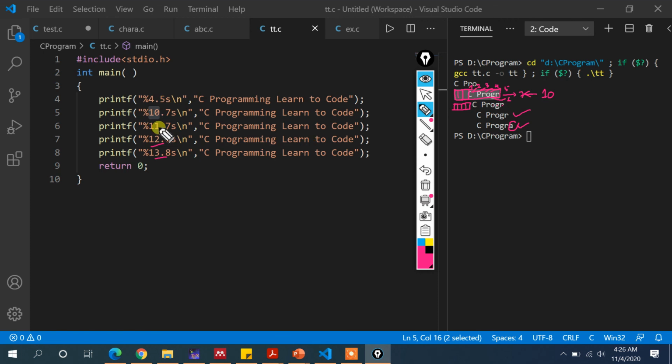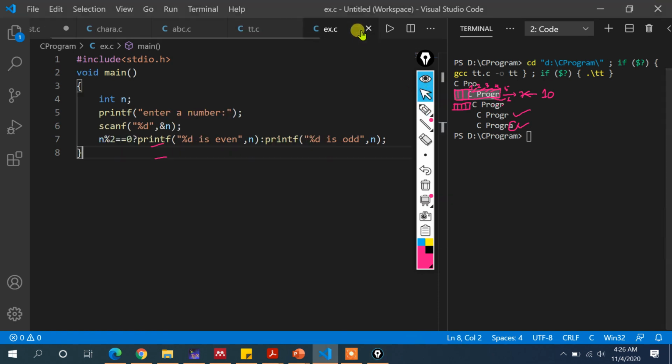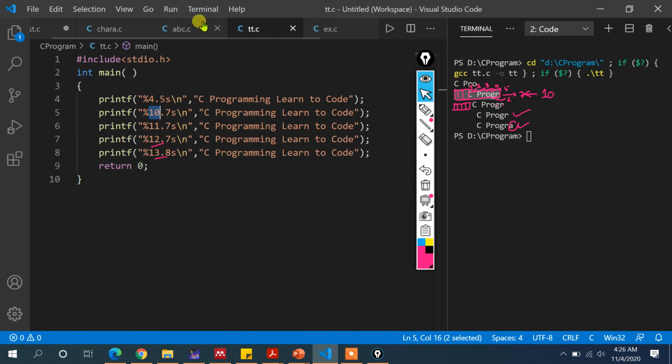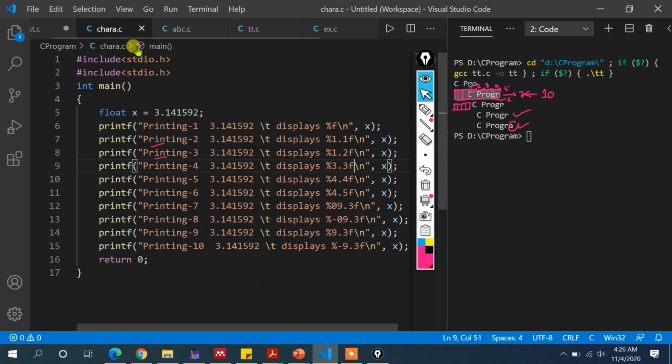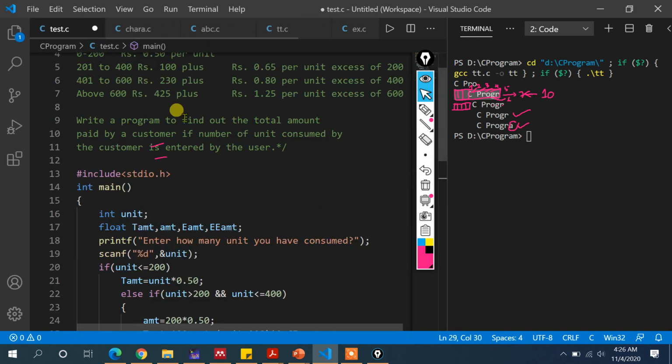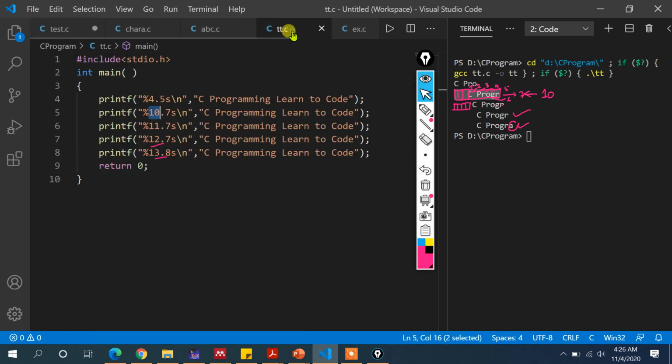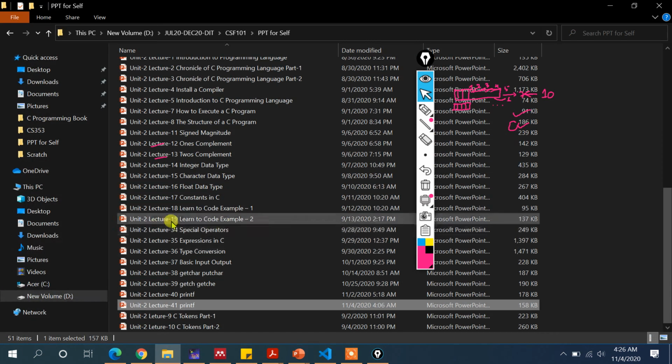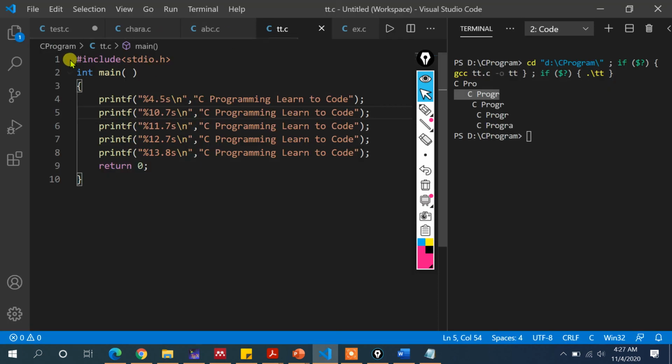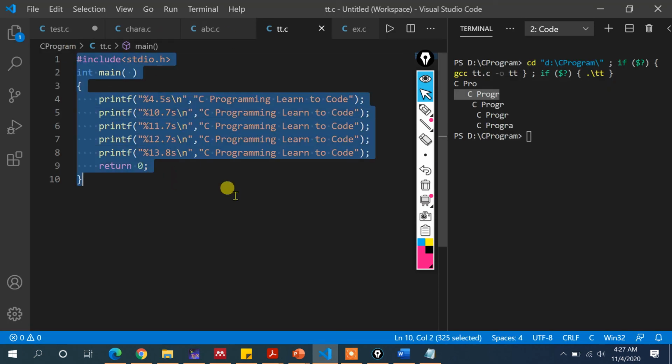So that means this real number formatting, or this type of number, you can use inside the percentage statement to print strings also. Now let me show you another example. Anyway, that's all for this discussion. So you can understand how you can use your format string to display all those things, but still I want to explain another example. So let me erase this one and paste that program.